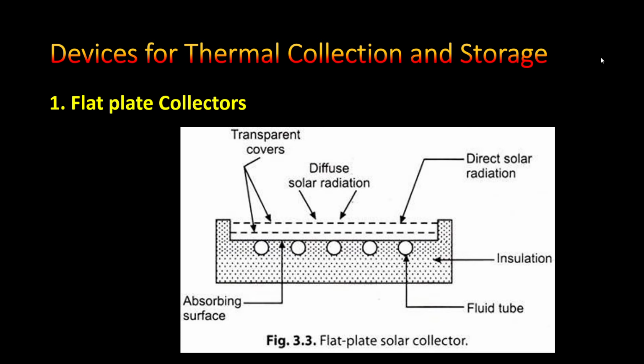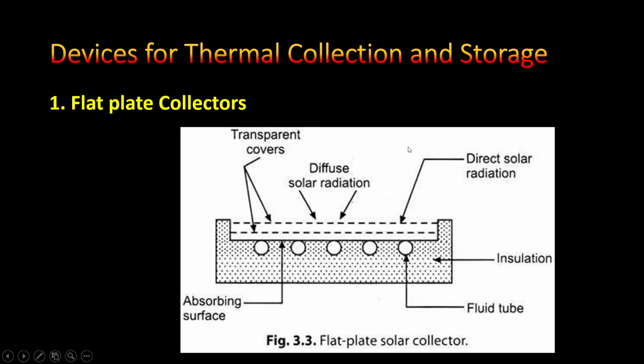And first we have to collect the solar energy, right? For collecting the solar energy, we have thermal collection devices. Generally we can classify these thermal collection devices into two types, that is concentrating type of collectors and non-concentrating type of collectors. Now, first we can see what non-concentrating type of collectors are. As the name indicates, non-concentrating collectors don't use any concentrator to concentrate the solar energy onto a particular surface. The very common and very simple non-concentrating type of collector is the flat plate collector.